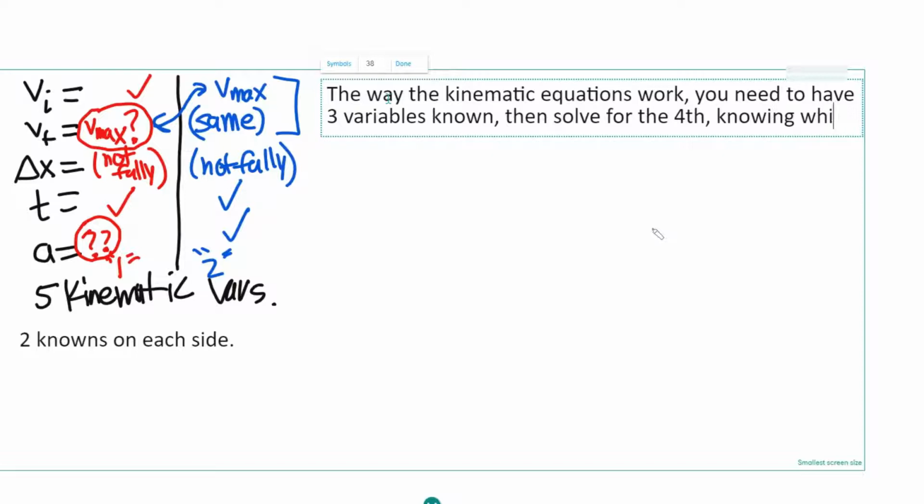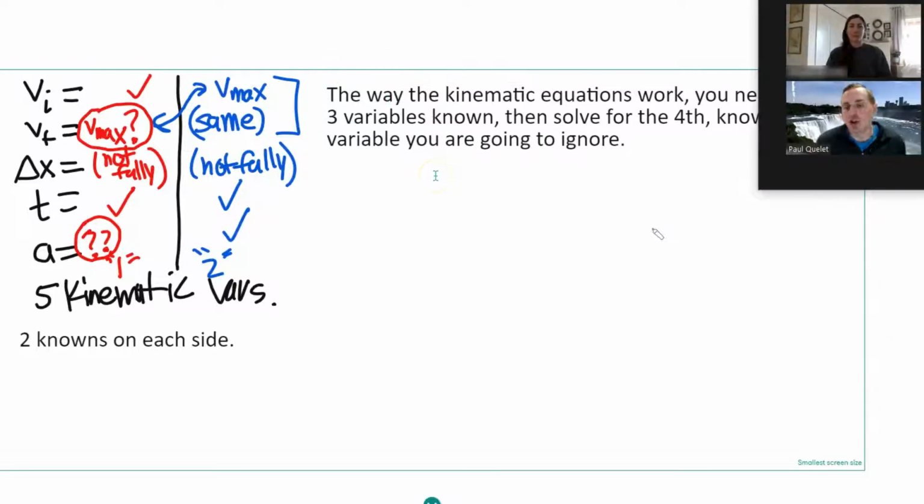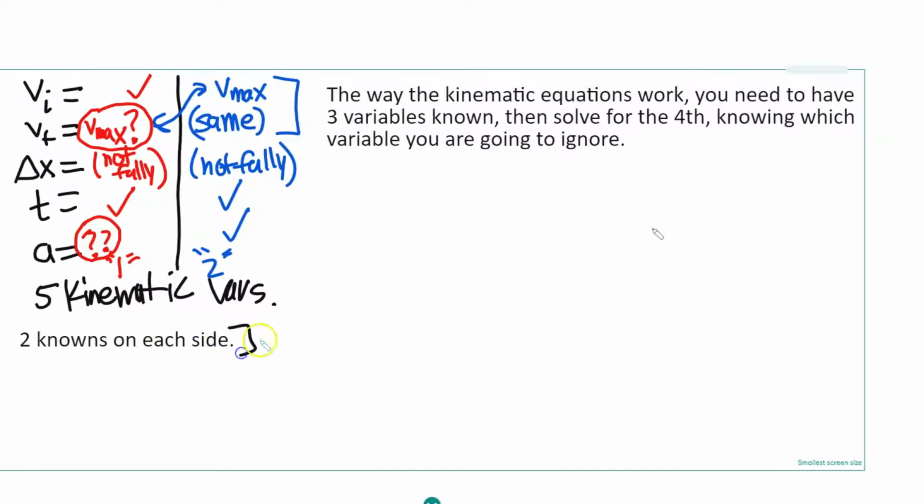knowing which variable you are going to ignore. Okay? So generally, whenever you look at those kinematic equations, there's always 4 variables in the equation. You have 3, you can solve for the 4th, but the 4th that you solve for is dependent upon the variable that's ignored. Okay. Now, in this case, we only have 2 knowns on each side, but we do know also that